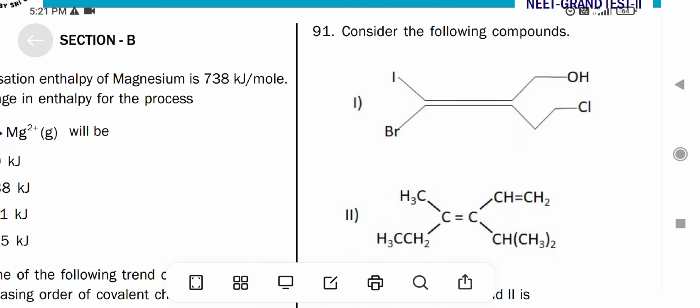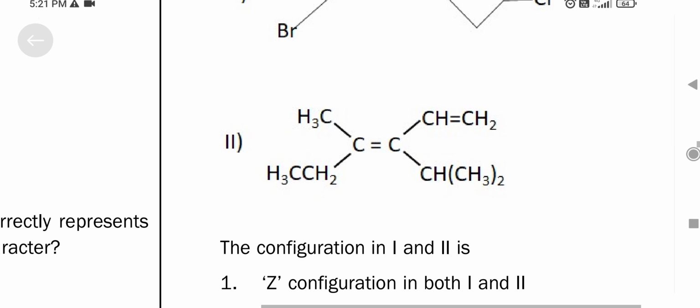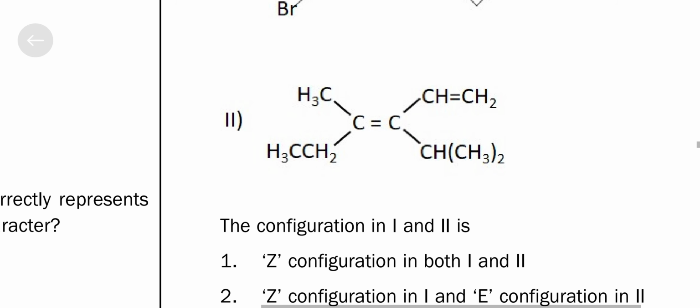Yeah, you can notice this one. Consider the following reaction. I and Br: in IBr, I is more important, that is more prior. This side CH2Cl is there, downside, upside CH2OH is there, so upside is important. So both important groups are prior, so that is Z form. In the second case, methyl and ethyl are there. Ethyl is obviously important. The second side, vinyl group is there as well as isopropyl group. Vinyl is important because double bond carbons are there, so that will be counted like double. So that is important. So this is E. So first compound is Z, second compound is E.